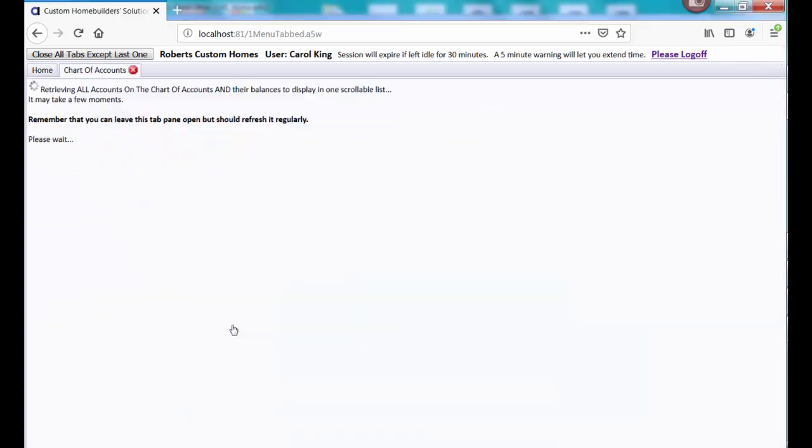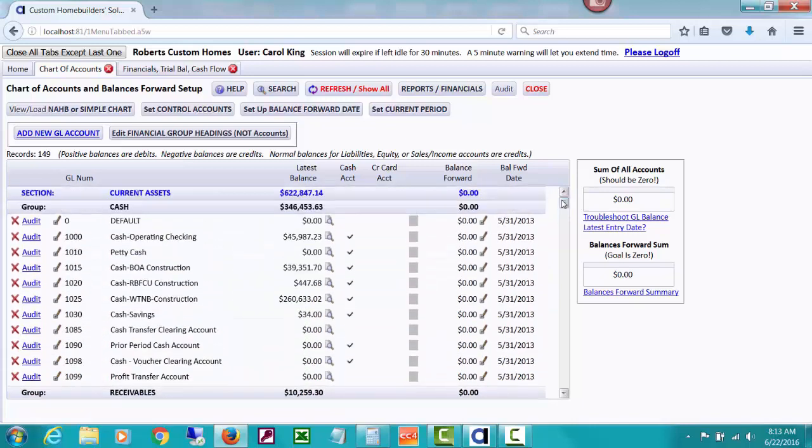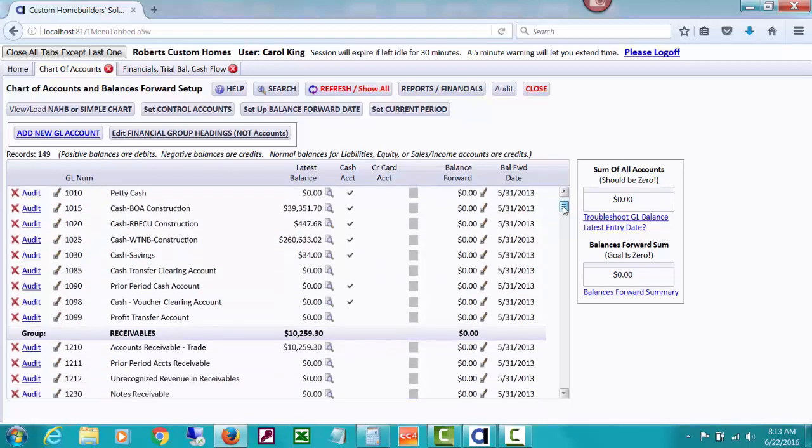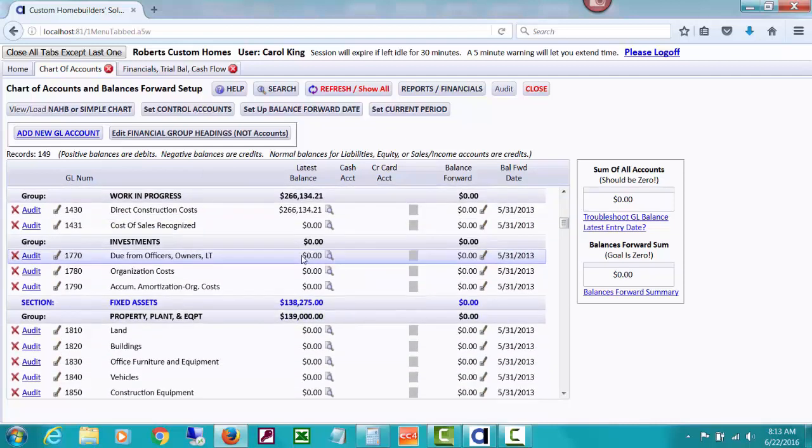accounts. I open the chart of accounts, which is a list of all your accounts. You can consider them almost file folders for posting your records, and then having them show up on financial statements like balance sheets or income statements. The first part of a chart of accounts starts out with things like current assets, and in that section we have cash, and we have receivables, and we have work in progress. We're going to come back to that,